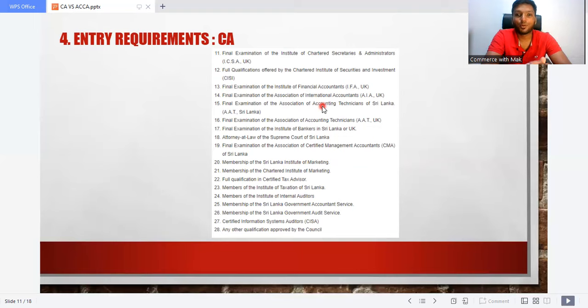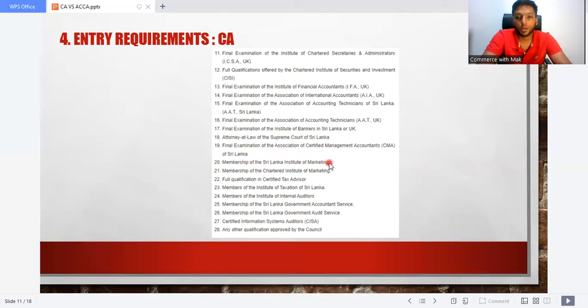If you are skipping your advanced level, I will always give you short routes. I will never recommend you to go on the long route when you are doing a professional qualification. So here, final examination of the Association of Accounting Technicians, final examination of the Institute of Bankers of Sri Lanka, IBSL, Attorney at Law of the Supreme Court of Sri Lanka, final examination of the Association of Certified Management Accountants of Sri Lanka, membership